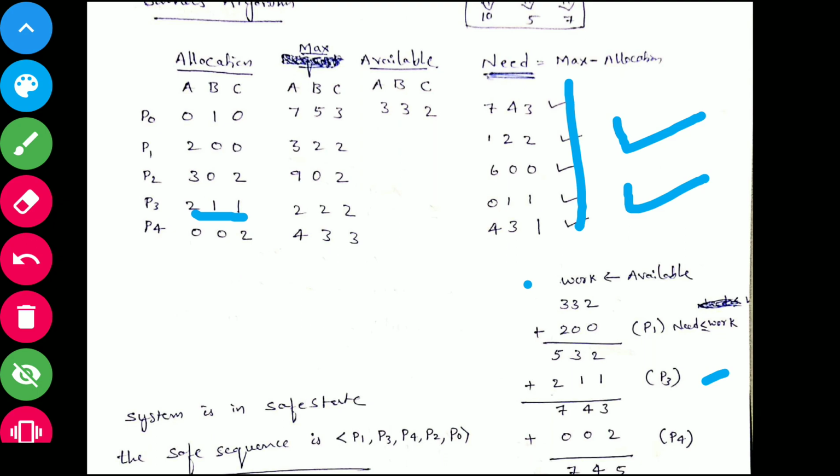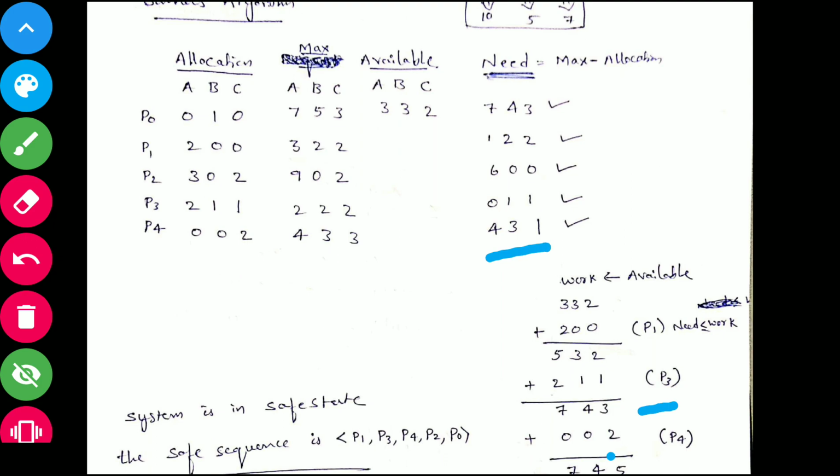Now what is the available? Now we have 743. 4 is less than 7, 3 is less than 4, and 1 is also less than 3. So now we can allocate the need. After completion of this one, it will release 332, so you add 332 here, plus 002.